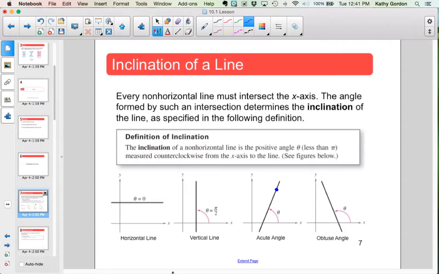If I shift back into trig mode for a second, and I'm interested in what this angle is, probably what I would do is drop down a perpendicular. There we go. A little perpendicular line there, create a little triangle and see what happens. Okay? Now, if I know what this point is, and then I've got this point here where the intersection takes place,